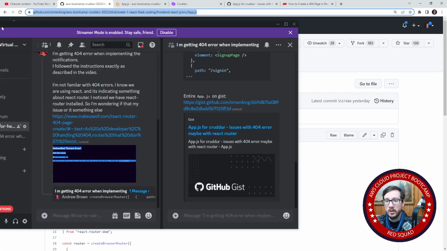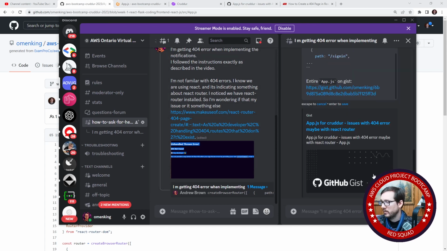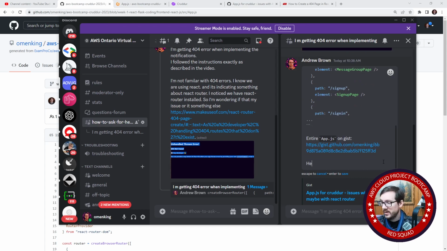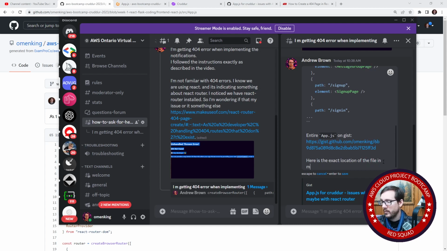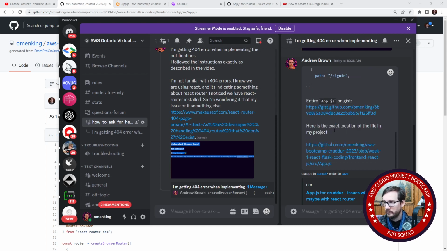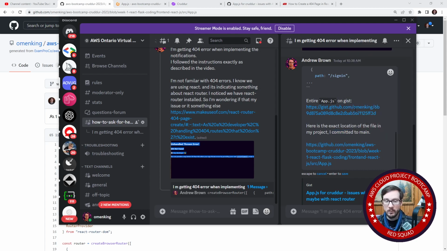We can go back over here and say, down here, here is the exact location of the file in my project. I committed it to main. If you just paste me a link without the actual code or something where we can replicate the problem,